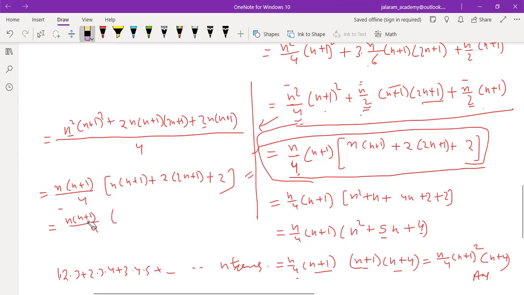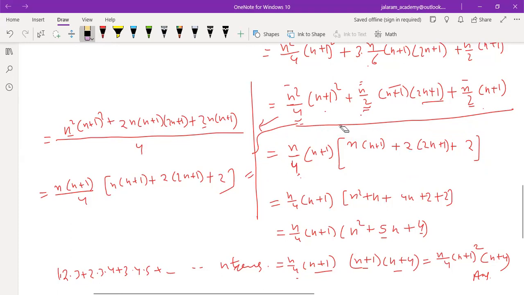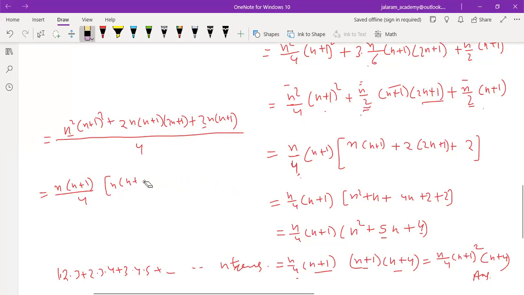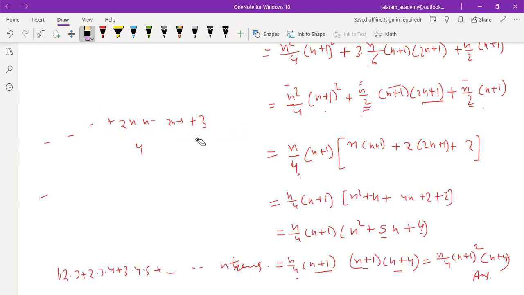So hope you have understood that taking 4 common means taking the LCM of the denominators. And we have done two steps together to save some steps, so you should learn this method also. If you are not getting it, you can ask again in the comment box. When I was in the same grade as you, I also had problems in this. That's why I am able to explain it to you.